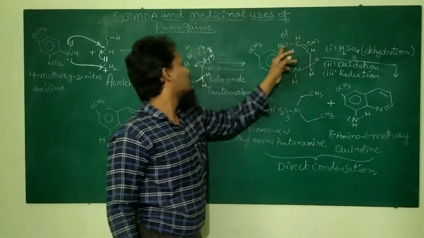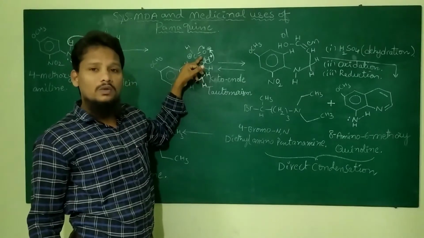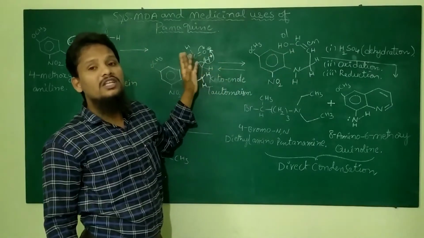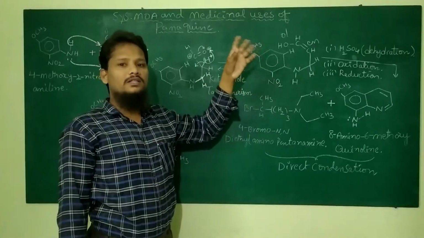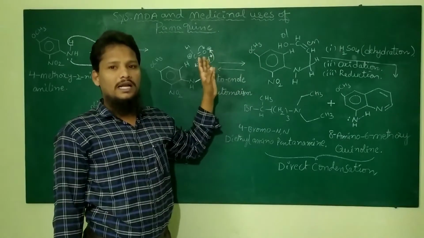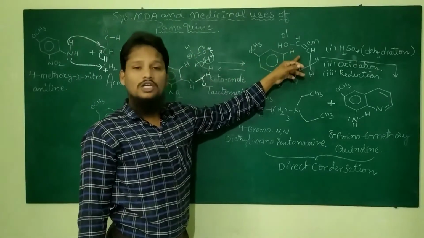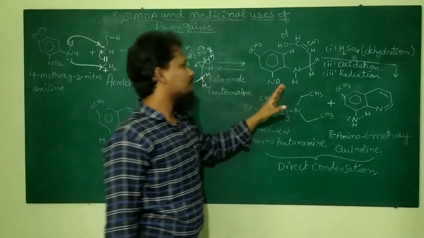This is enol. Primarily it is a ketone, C double bond O, ketone only. The ketone will get converted to enol without adding additional substituents. That's why it is called tautomerism. We are not adding additional hydrogens or any other atoms. Just simply the ketonic group gets converted to enol. So this intermediate product shows a keto-enol tautomerism.